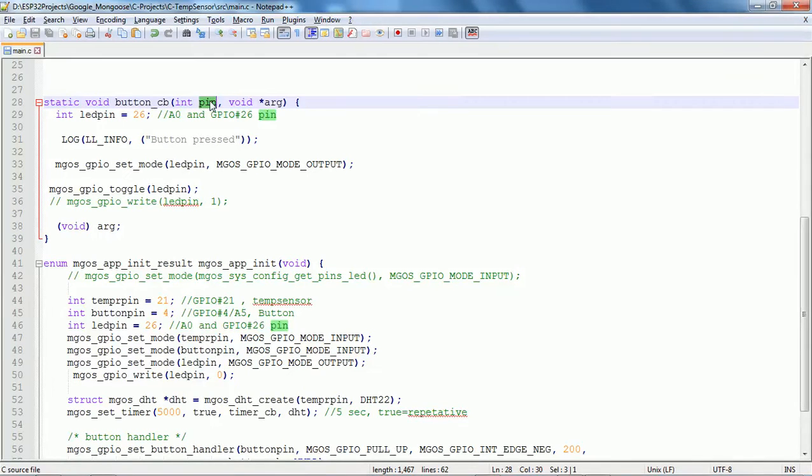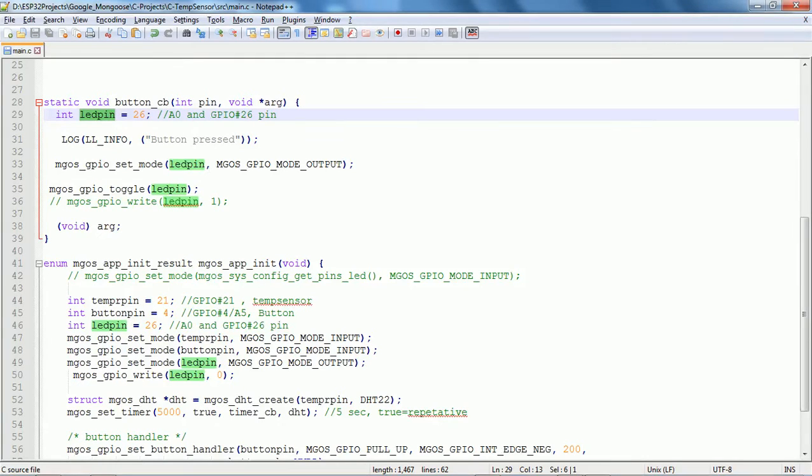We are using this LED pin, which is pin number 26, and this is where we have connected the LED. We will have a nice message that says button pressed, and then we set the mode to output, because we want to drive the LED, and then we toggle.